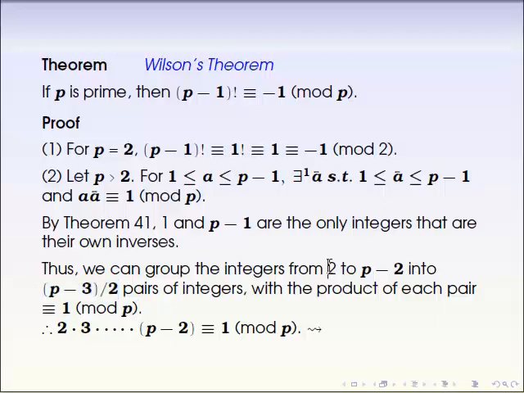So how about 2? If you choose 2 there, then there is an inverse of 2 in the same range, right? We don't know what that number is going to be. It depends on the modulo p, but we can be sure that such an inverse exists,